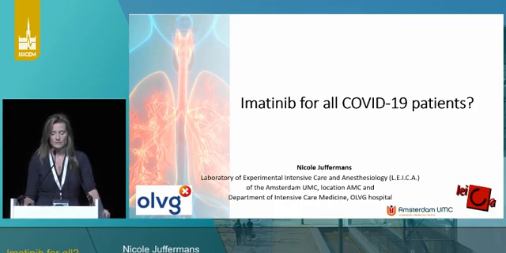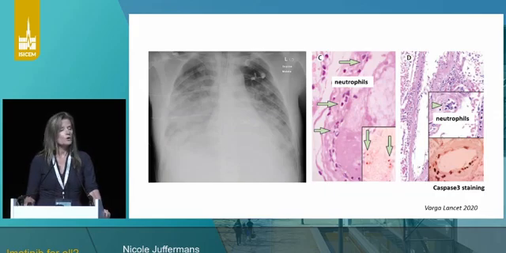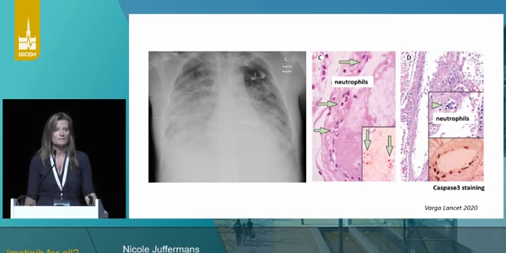So nobody will argue with you if you say that COVID is an endothelial disease. Although there's been some discussions whether or not you can infect endothelial cells directly with the virus, as if you want to try and do this in the lab, it seems that it's pretty difficult to establish that. But no doubt there's endotheliolitis, and this occurs in the lungs, but it also occurs in other organs.